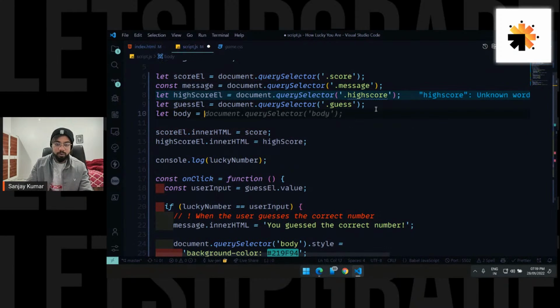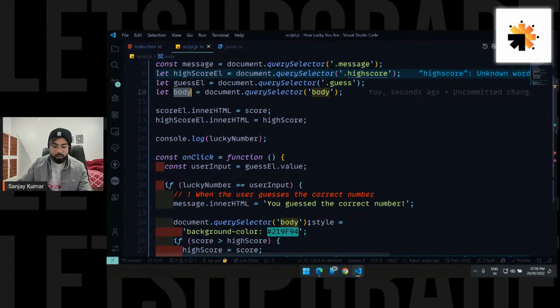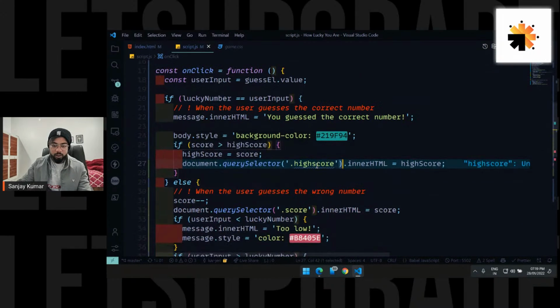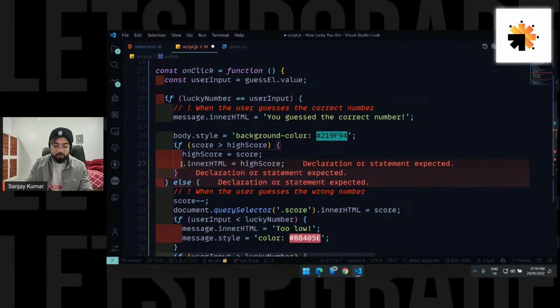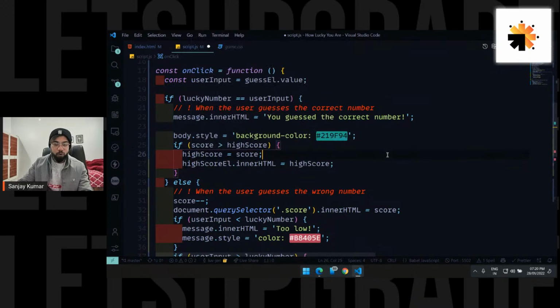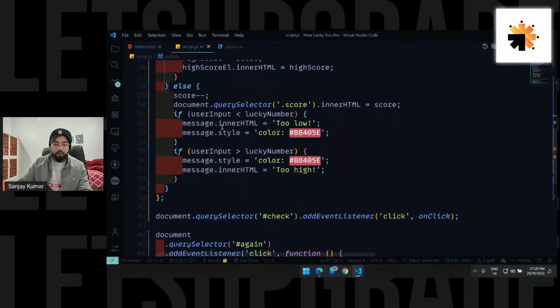Body equals to, okay, so we can use this variable instead of the whole line. And instead of high score, I can just use high score element. Okay, it's looking neater now and a little bit less messy. And let's go with